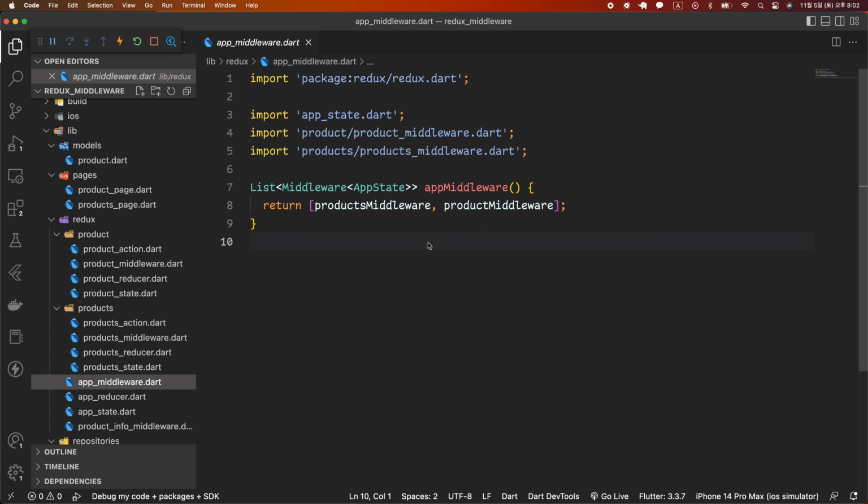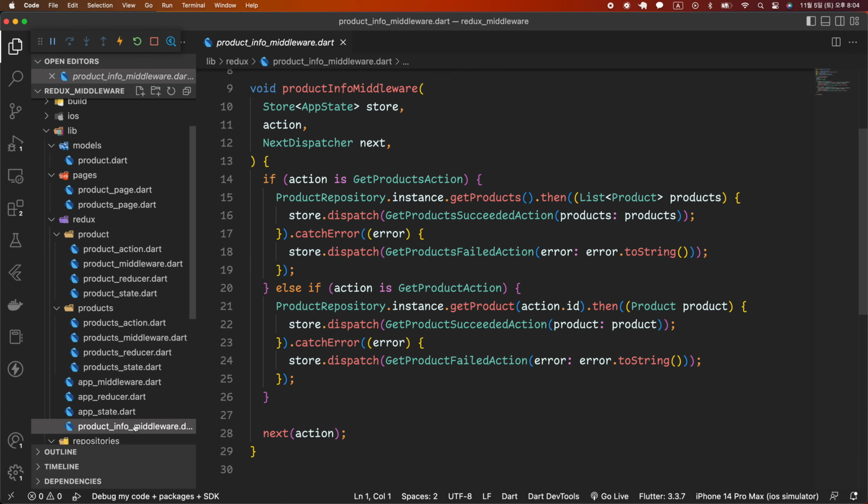Let's revisit the middleware here. Currently, a separate middleware is created for each state. However, the two middleware can also be merged into one. I created productInfoMiddleware.data file and created productInfoMiddleware function in it. The productInfoMiddleware function is almost similar to the combination of productMiddleware and productMiddleware, and there is no new content, so